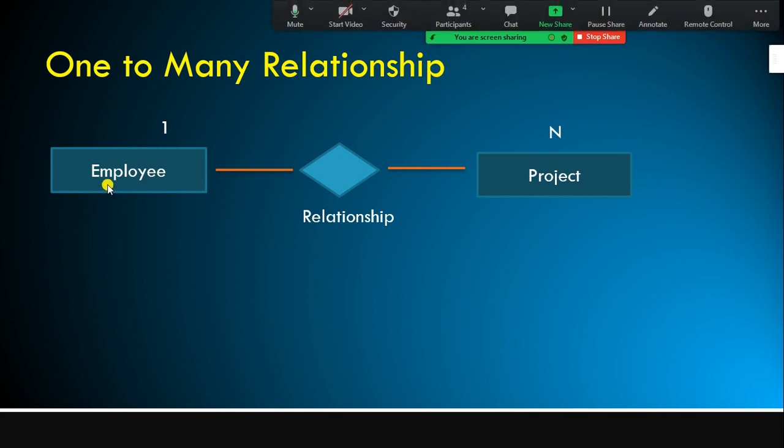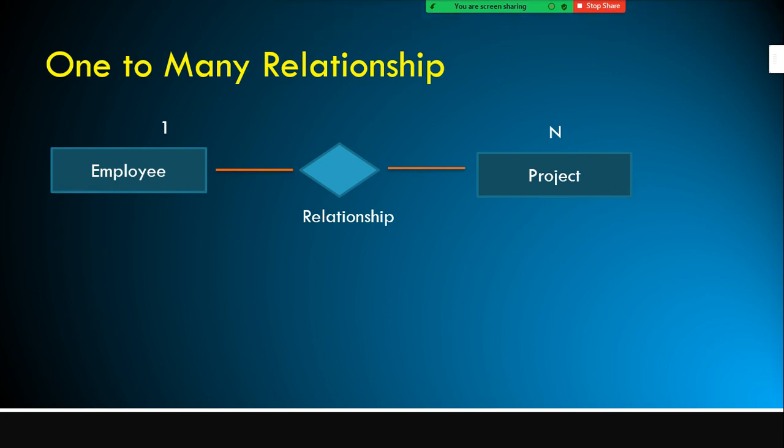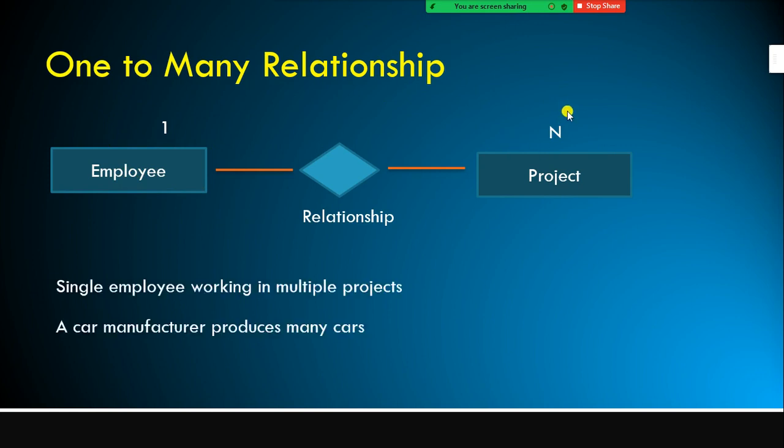And let's say you are a manufacturer producing more than one item or product. These are the examples for a one-to-many relationship. So here, one is only one person; one employee can work on many projects. A single manufacturer can produce many cars. Hence we call this a one-to-many relationship.